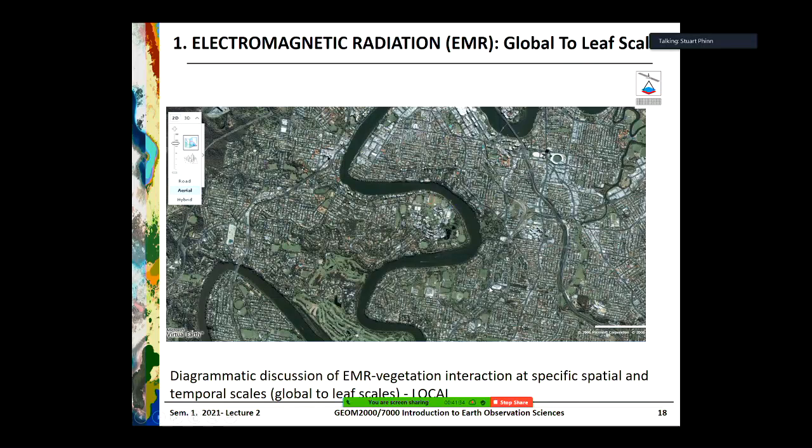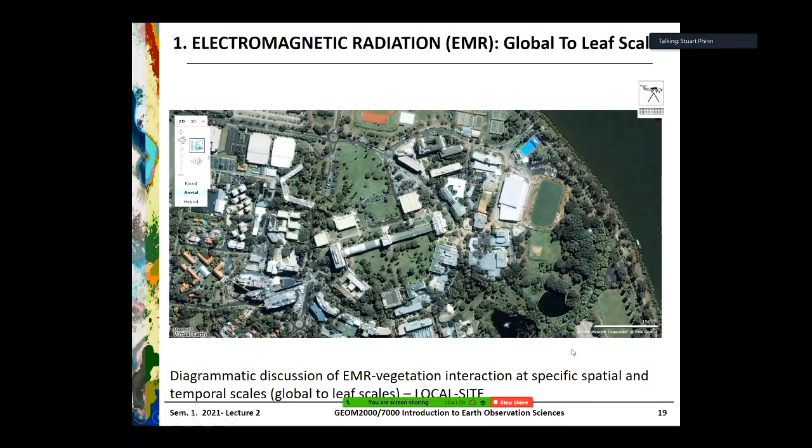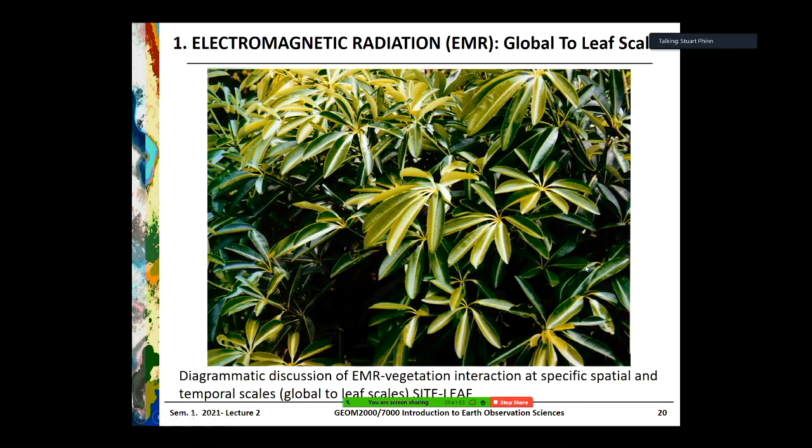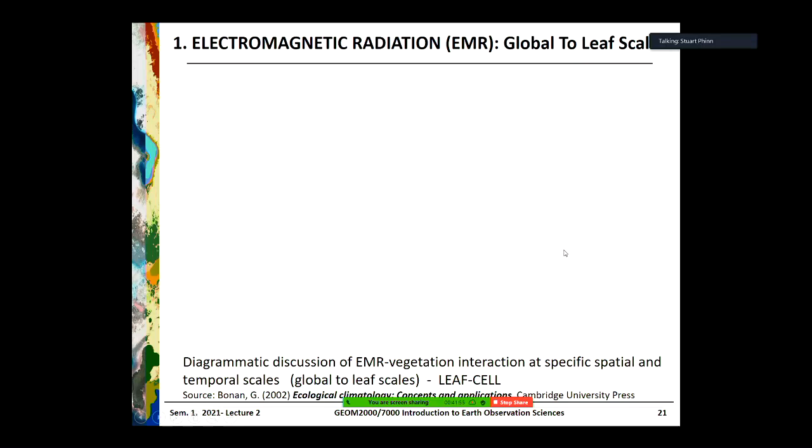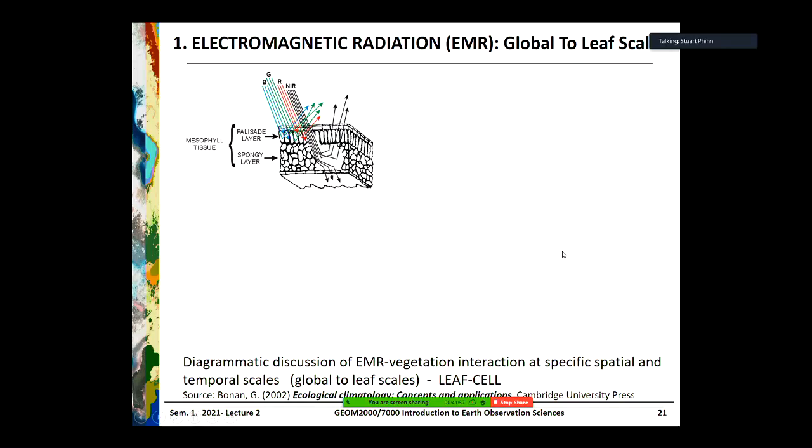Zoom in again, it's getting closer. We can see all the individual houses and trees. UQ campus. So, all right, we're sitting down in here at the moment, individual trees. Let's go into the rainforest garden. There's an older picture, no bus stop in there. And individual leaves. If we look at a cross-section of a leaf, so we've got the sunlight coming in